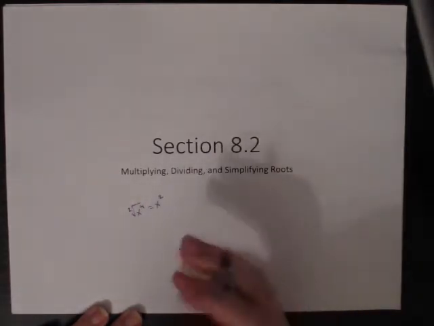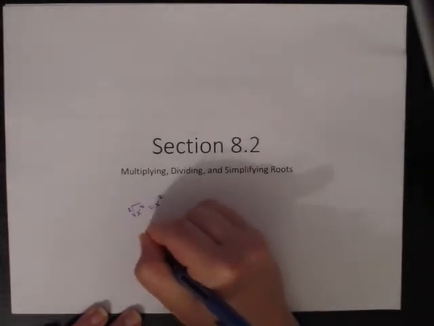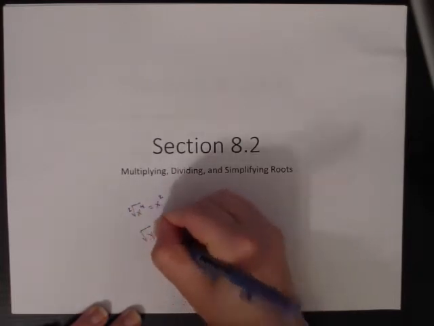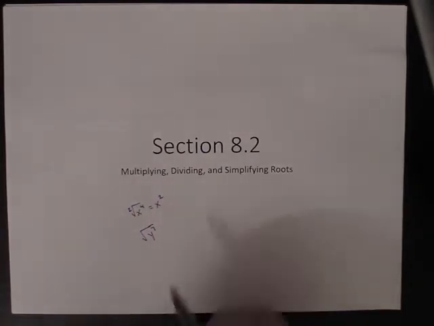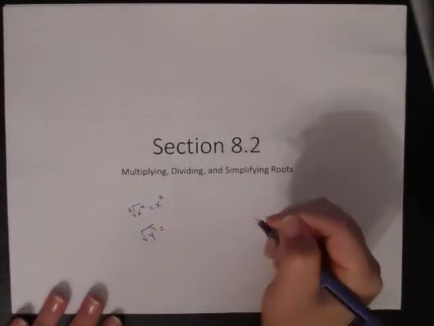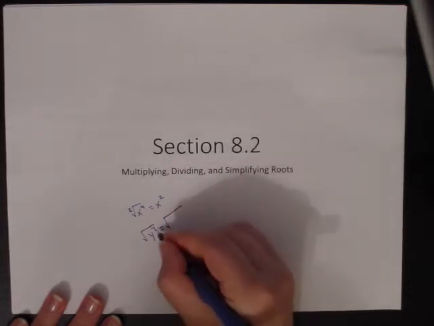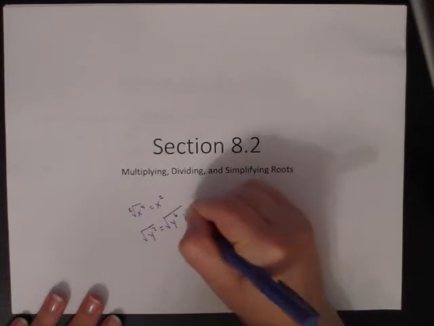But what I want to show you really quickly is, let's say that instead of having an even exponent, you had an odd exponent. So if I go 7 divided by 2, I'm going to get 3.5. So that doesn't work for us. So what we have to do is we literally have to break it up just a little bit. So what we would do is we would subtract 1 from this, so we'd have y to the 6, but then we also have to multiply it by y,